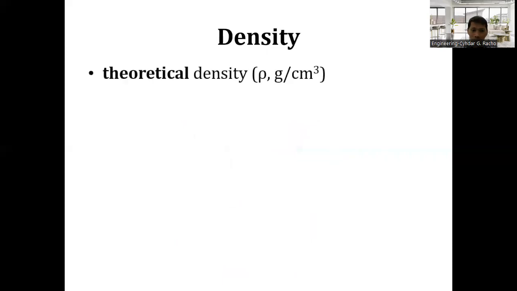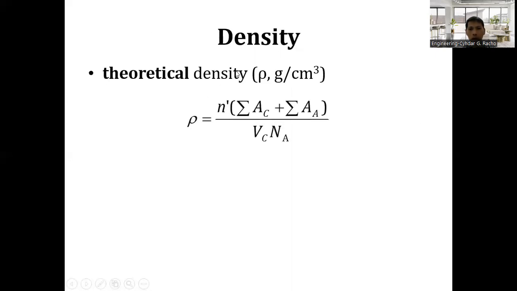Okay, so in ceramic crystal structure, we also need to know the density because that's a very important property as well. Therefore, we need to compute the density. For ceramics, we have this formula for the theoretical density, in grams per cubic cm. We have your n prime, that is the number of formula units in the unit cell, and then